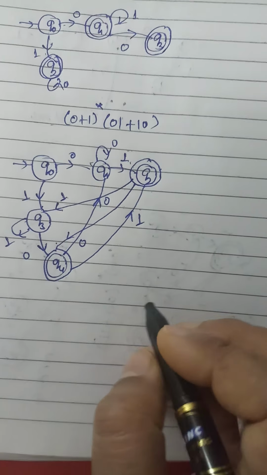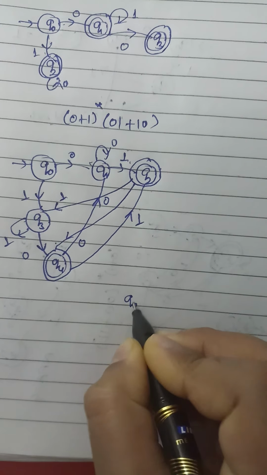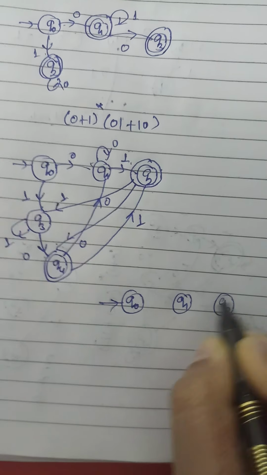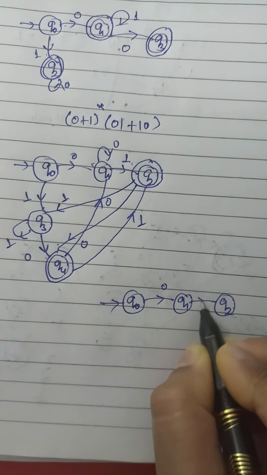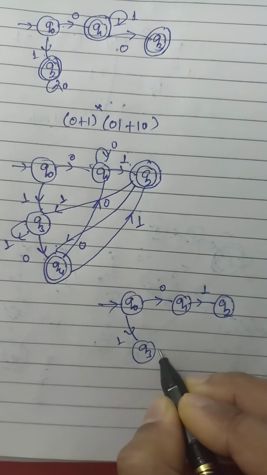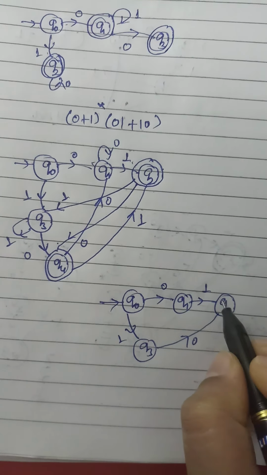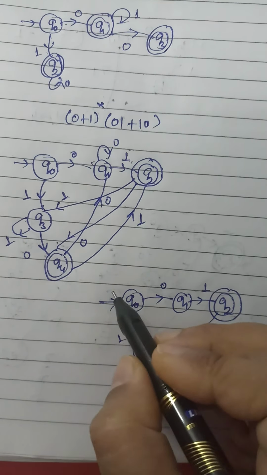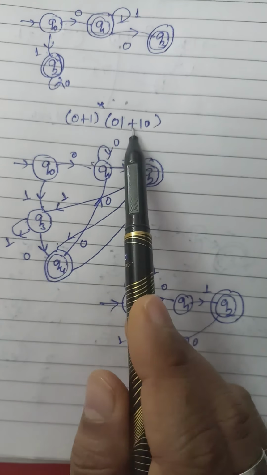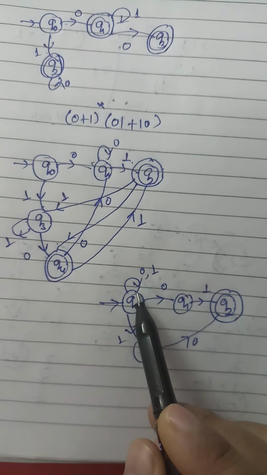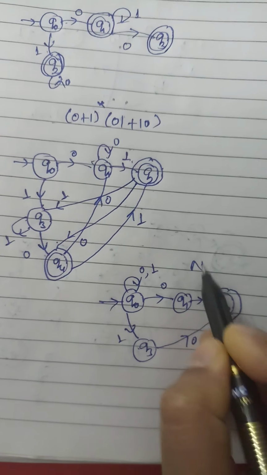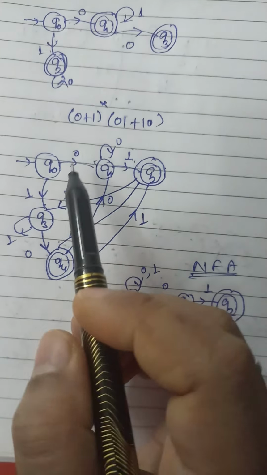And how can we make an NFA for this? Start with initial state Q0, from Q1 to Q2 on 0 1, Q3 on 1, then 0, and we can make it a final state, and we can put a loop of 0 1 here, because it's 0 1 whole star 0 1 plus 1 0. So 0 1 whole star is a 0 comma 1 loop, and then 0 1 1 1 0. That's why Q2 is a final state. This is the NFA for this, and this is the DFA for this.